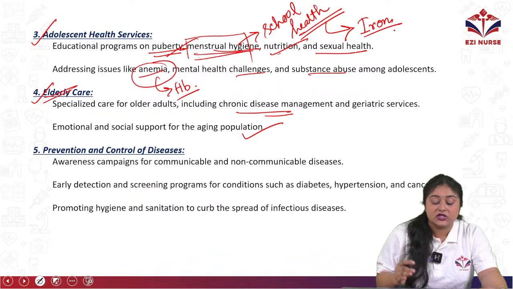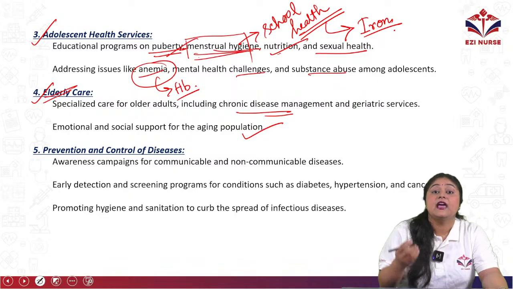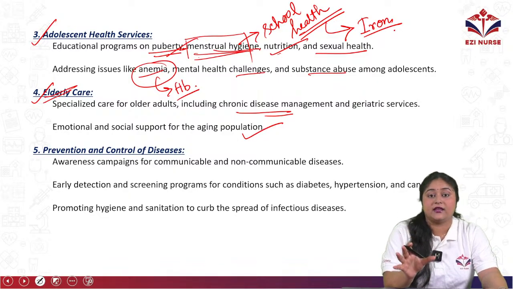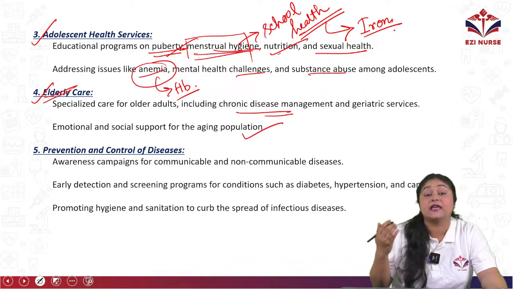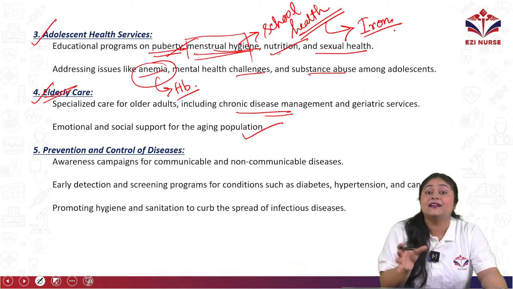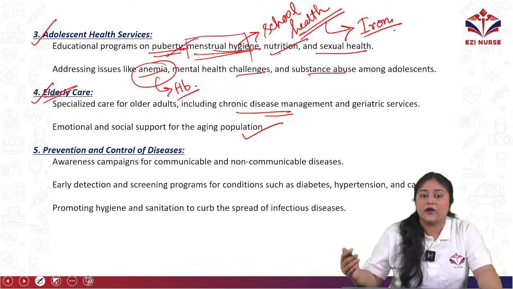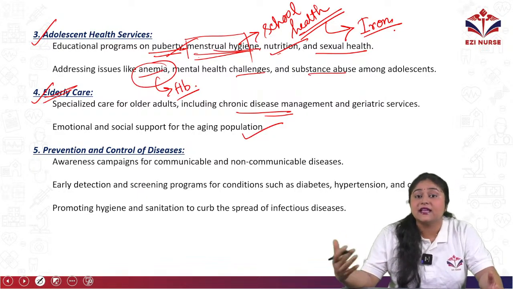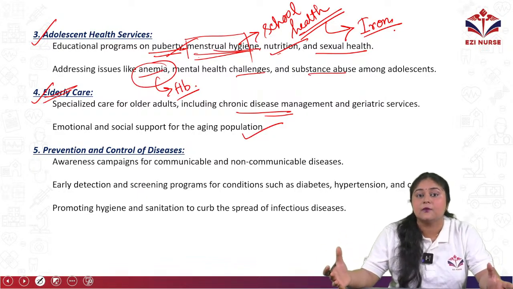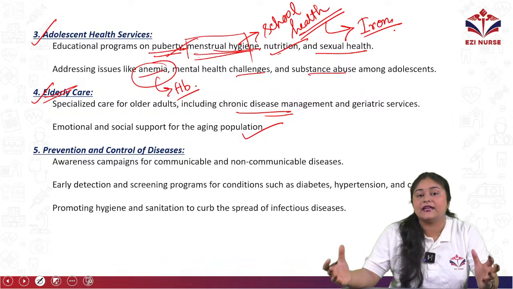Next is the prevention and control of diseases. So prevention, how are you going to provide it? Like awareness. We have to provide awareness among the community people by engaging them in campaigns, healthcare camps, or programs. So what will happen? By seeing or listening to the points or symptoms of that particular disease, through role plays or posters,